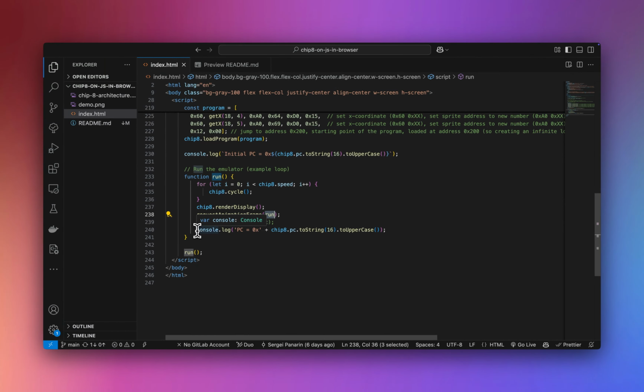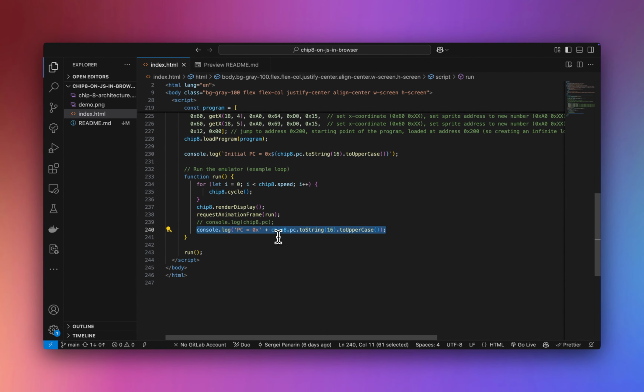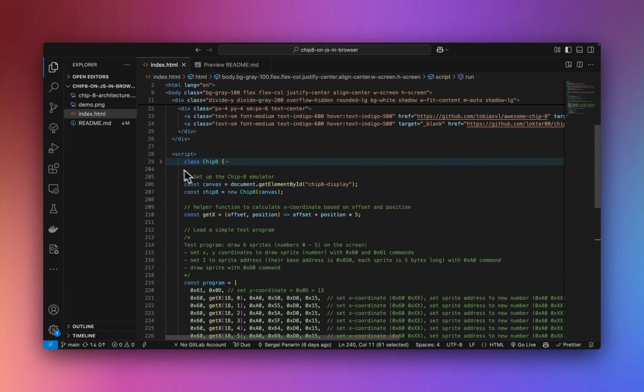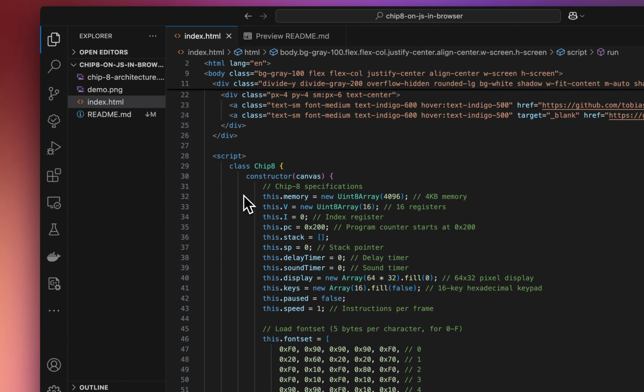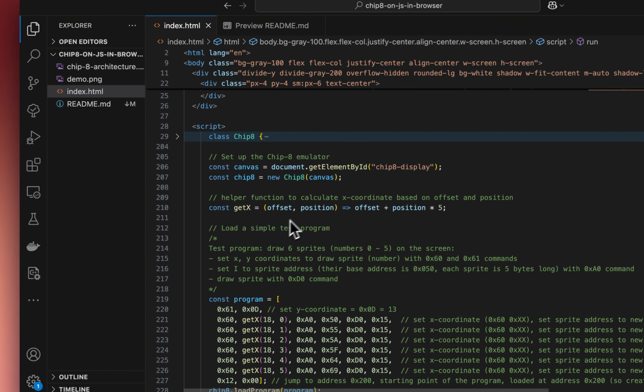And just for the sake of debugging and to see in the console log what's happening, we show what is in the program counter for the moment. And this gives you an idea of what is inside the program organization. Also a very interesting part is the Chip-8 class itself, because all the details of the Chip-8 virtual machine are encapsulated here, because whenever we don't see it, it can be any kind of CPU inside. For any kind of CPU we can have some